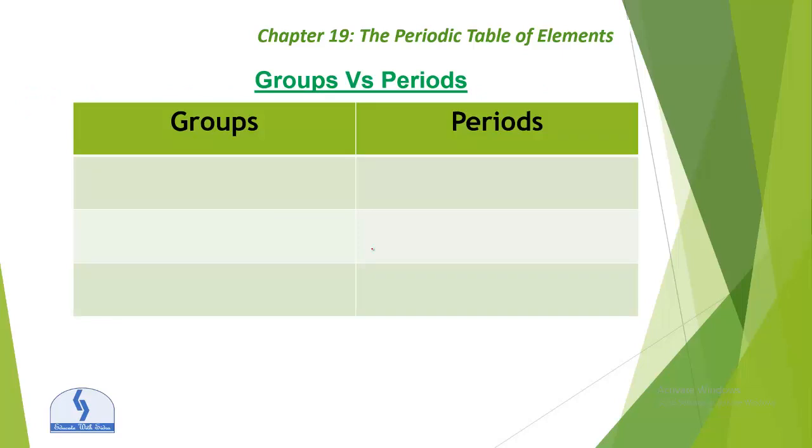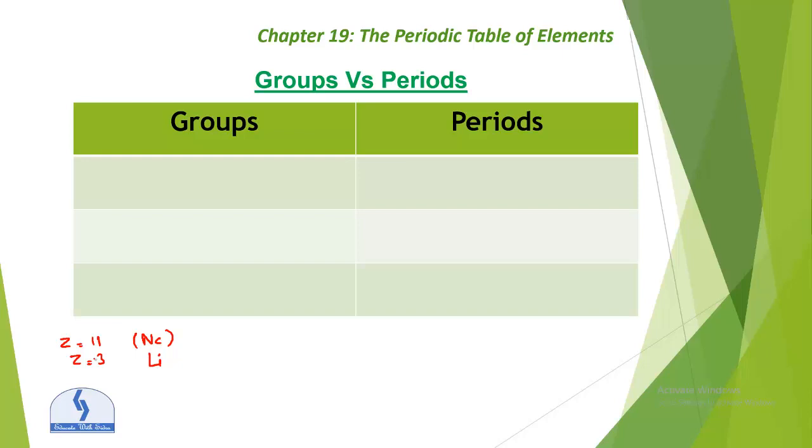Elements of similar properties and configuration are always placed in the same group. Like the ninth element has the same properties as the first element. For example, if the proton number Z equals 1, that is hydrogen, and Z equals 3, that is lithium, they are in the same group. The ninth element has the same properties as the first element, like sodium and lithium are in the same group.